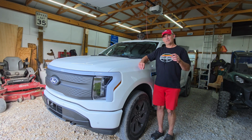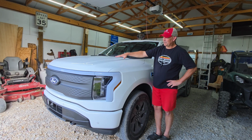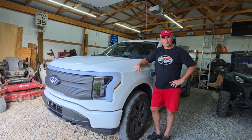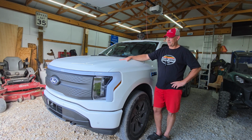Now, as far as things I love about this truck, it's quiet, obviously, it's smooth, it's comfortable and all of that. But I just like the usability of the truck. I mean, you have all this space under the front here. You've got obviously a pretty decent sized bed on the back, and you've got the second row back there. You can fold the seats up and put stuff. So essentially you have a lot more storage space in this truck, and some of it hidden underneath here is